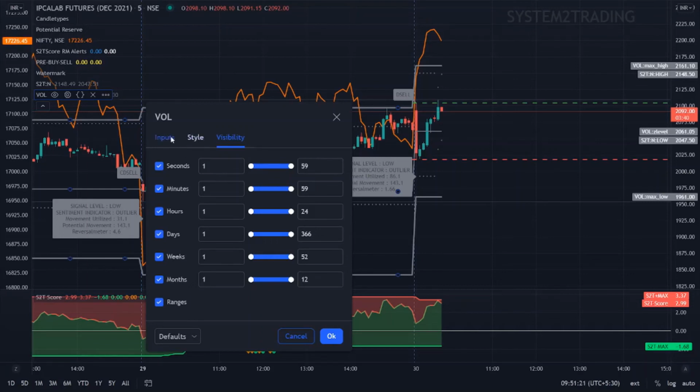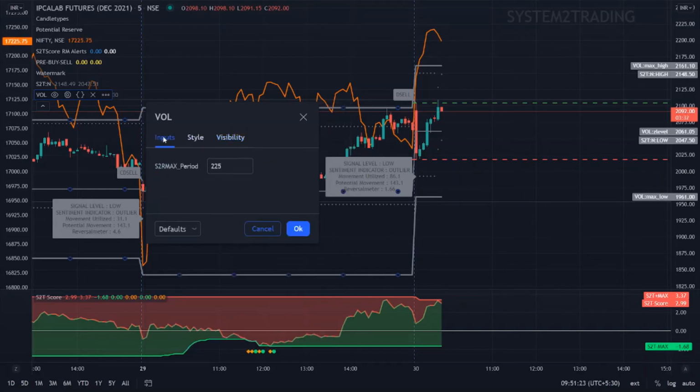The main essential setting input you may have to consider when backtesting is the 225, the look back period. You need to set the look back period based on your own system. If you are going to follow the S22 system, then I prefer using 225 because it really works very well and gives good results. I'm sure it should be useful to you also. But as I keep saying, always do the backtesting and assess your result, then start integrating these volatility levels into your system.